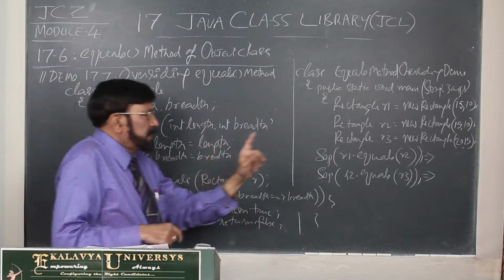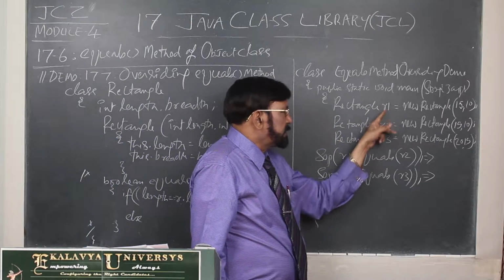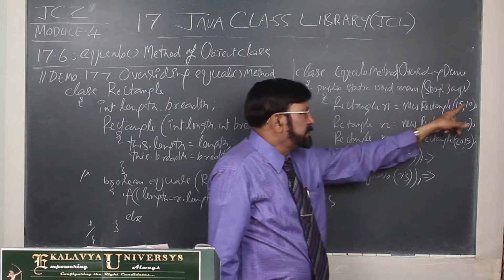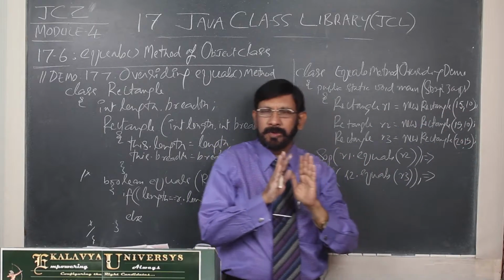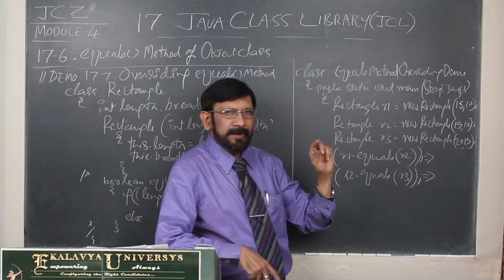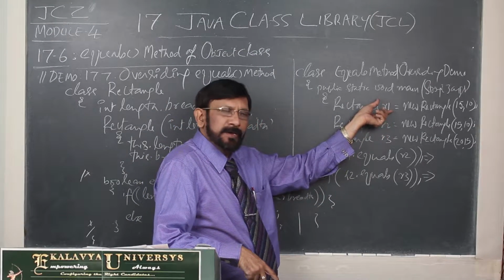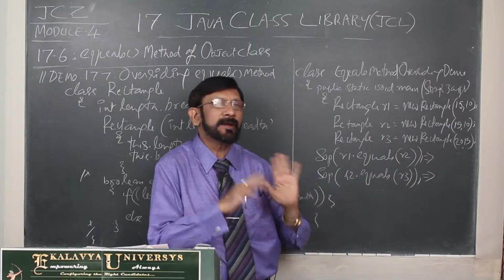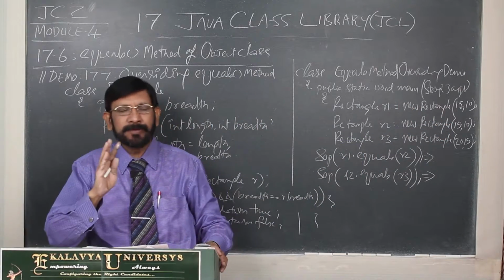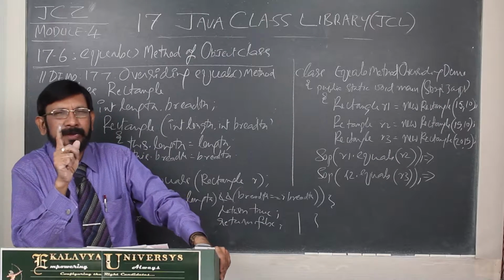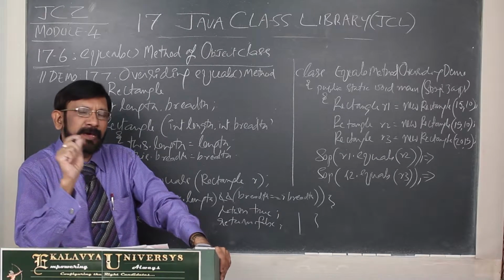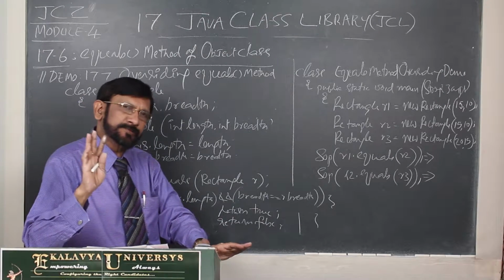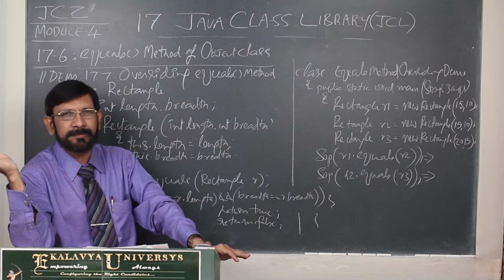You must remember that this is reference, this is content. So, both are different things. Testing the equality of the reference and testing the equality of the content are different elements. By default, the equals method tests the equality of the reference only, whether it is a string or non-string.